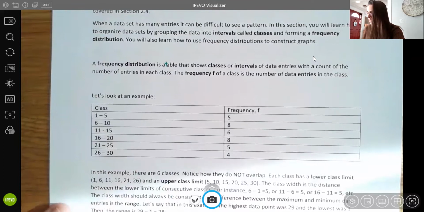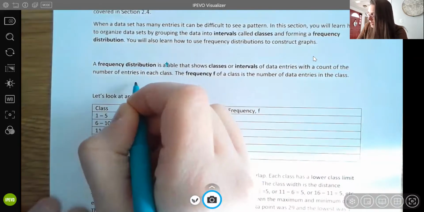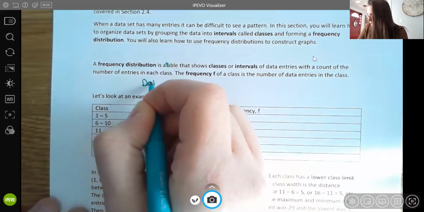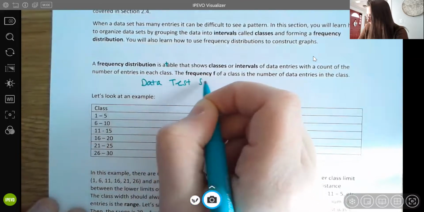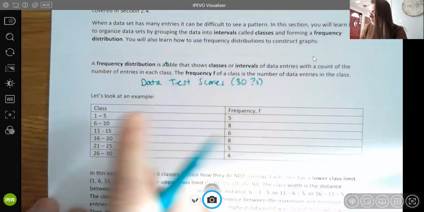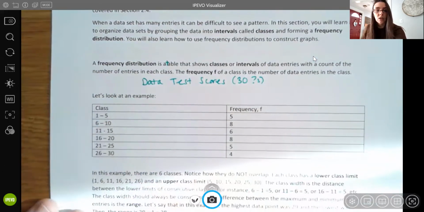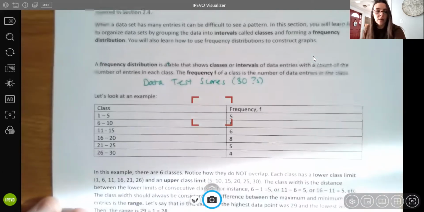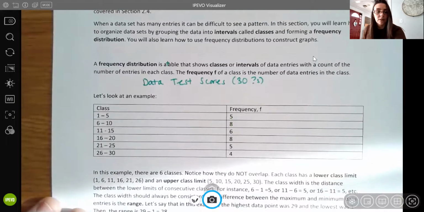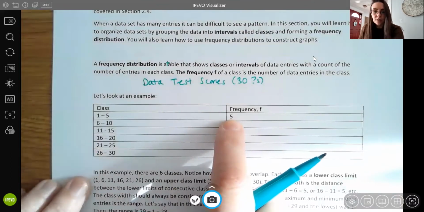So let's say, I'm just making this up, that our data was test scores, and there were 30 questions. These could be the number of students who had 1 to 5 questions correct, 6 to 10 questions correct, 11 to 15 questions correct, 16 to 20 questions correct, 21 to 25 questions correct, or 26 to 30 questions correct, right? So for instance, if the frequency is 5, that would mean that 5 students had between 1